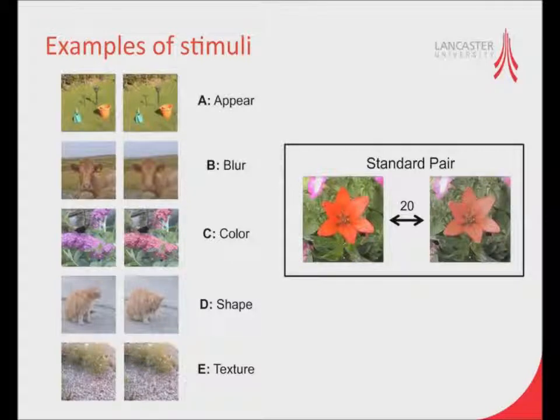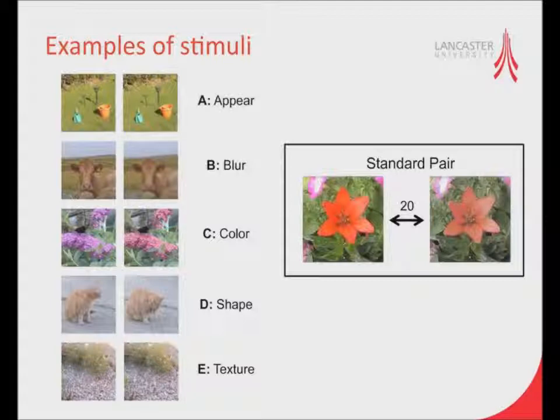So the type of stimuli I had in my experiments were something like these. So we could have things appearing, disappearing. So in this case, you have a shadow disappearing. Okay, so the shadow of this person has disappeared. You have things becoming blurry or becoming more sharp. You have color change, you have shape change, and you have texture changes. So these are quite complex changes, and they're quite noticeable apart from the texture changes. Okay? And so here are just 5 examples of the 900 that I use in my experiment.